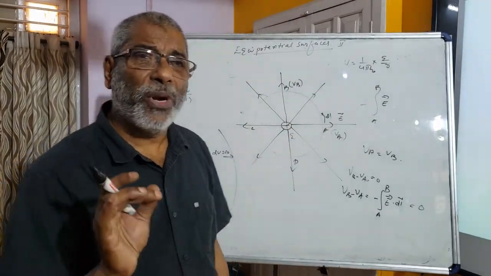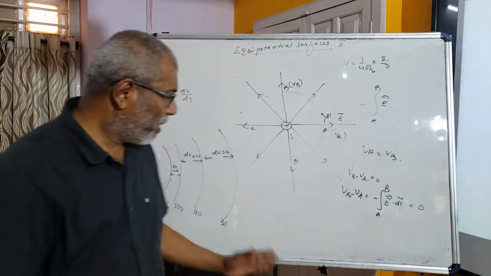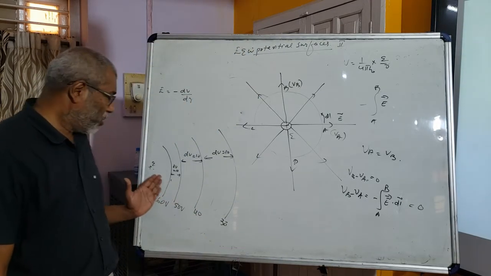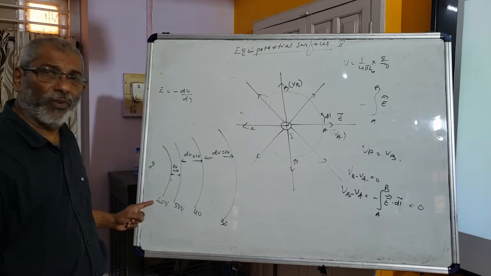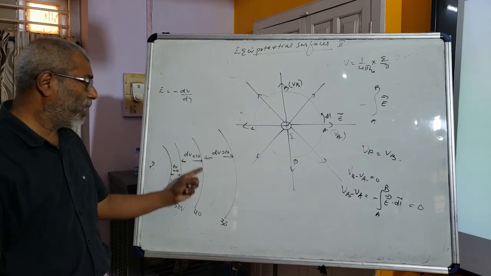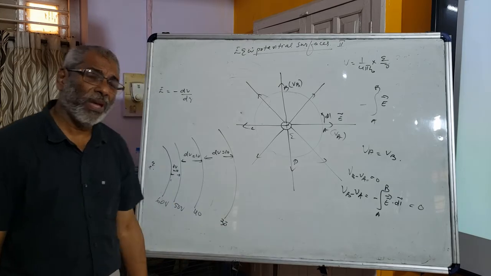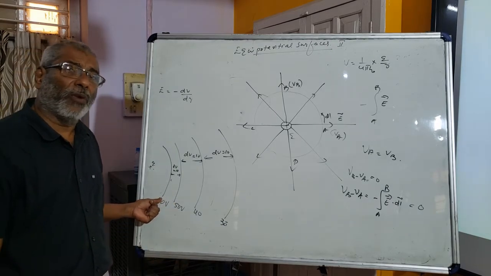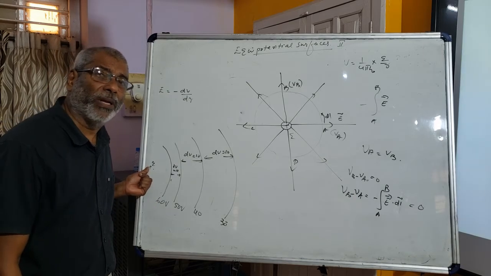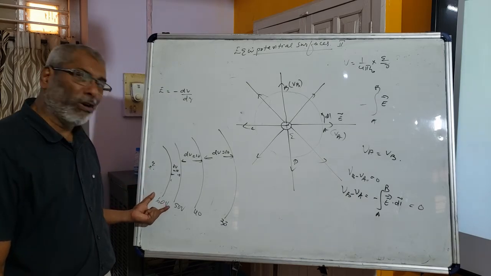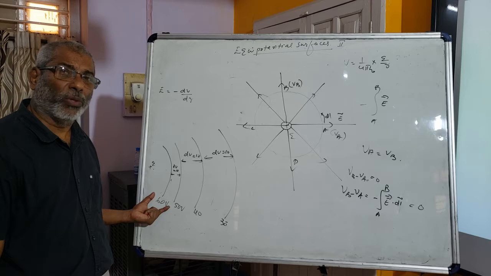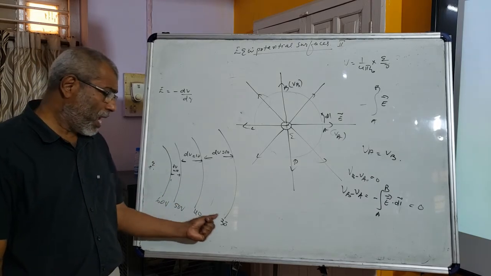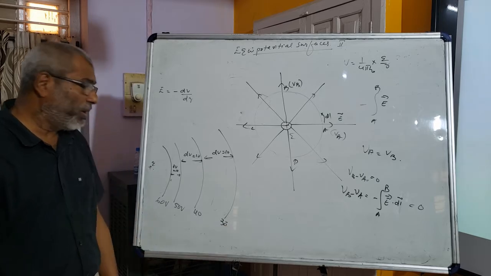How are equipotential surfaces made? This simple figure shows how they are made. This is a point charge, this is part of a spherical surface, another one, a third one, a fourth one, etc. The first surface, the equipotential surface very near to the charged particle, has a potential of 60 volt at every point. Away from that, another one is 50, the third one 40, and the fourth one 30, etc.